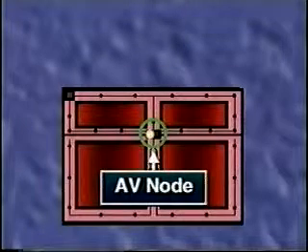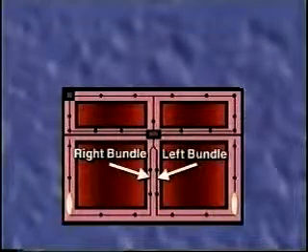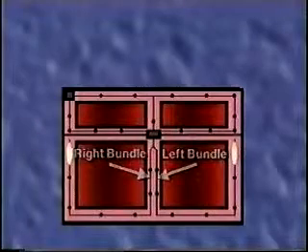Once the electrical impulse passes through the AV node, it accelerates rapidly down two very special electrical tracts called the left and right bundles. This electrical activity stimulates the bottom two chambers to contract, forcing blood out of the heart into the lungs and to the body. Once the bottom two chambers have squeezed the blood out, the heart relaxes and fills with blood that has returned from the lungs and the body. When the heart is filled with blood, the entire process is repeated when the SA node or pacemaker starts another